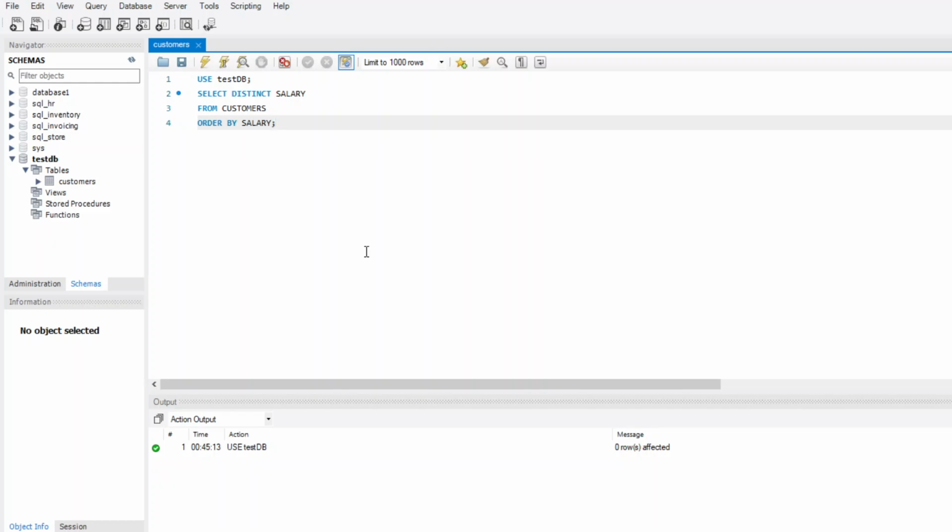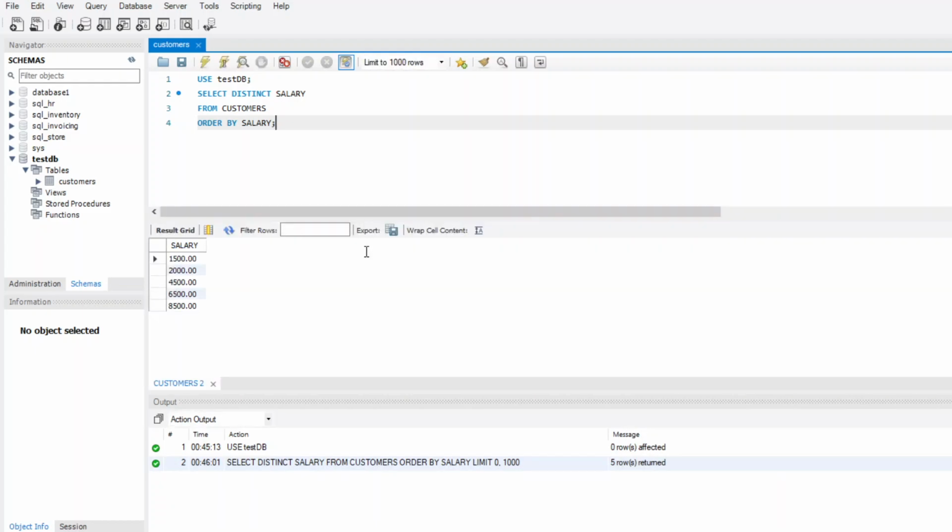Now we will run it by simply pressing the key combination Ctrl plus Enter. As you can see in the action output, our query is successfully executed and we have got the distinct salary amounts of all the customers.